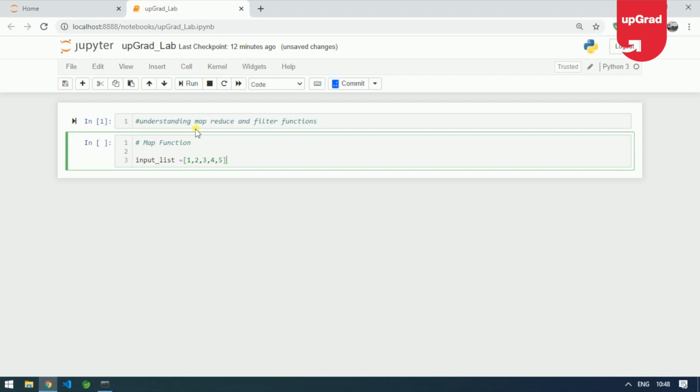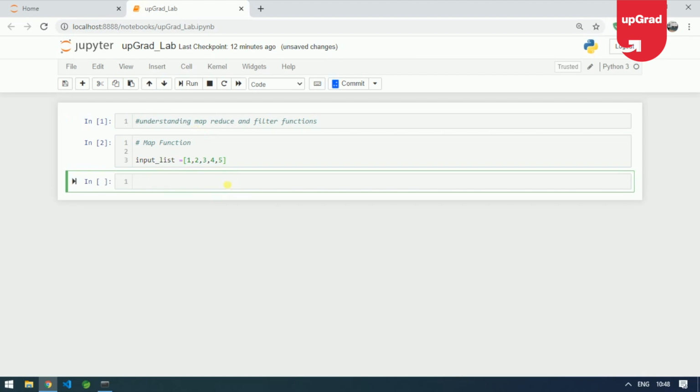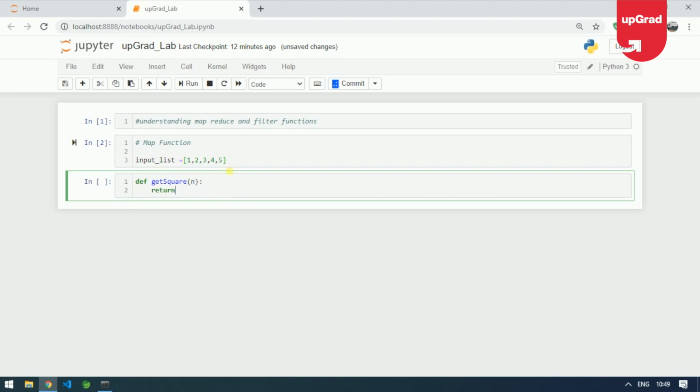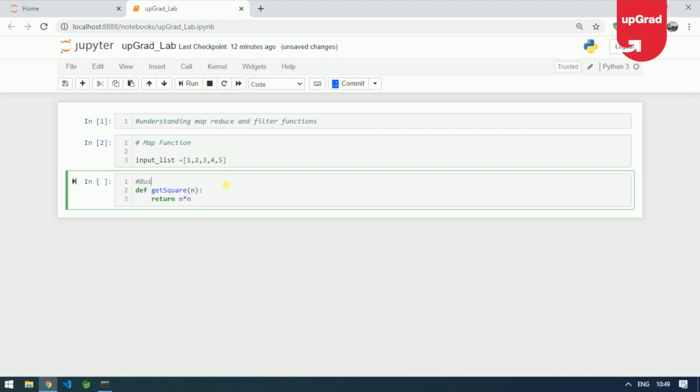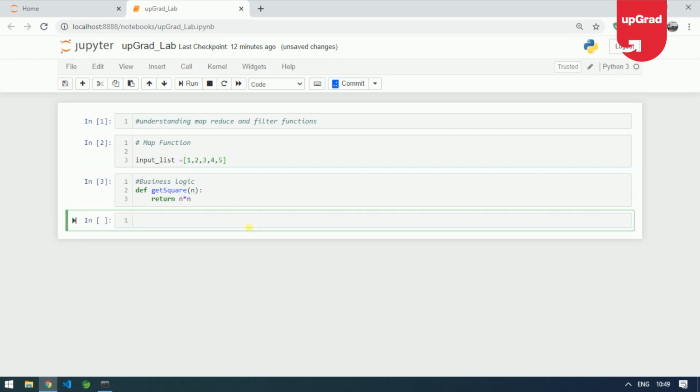Now the objective of this question is to calculate the square of each number in the list. How are we going to calculate the square of each number? For that, we'll be writing the business logic first of all. Let us look at the business logic that will help us in calculating the square of each number. For writing the business logic, we will declare a function here. Here you can see the business logic for calculating the square in the form of a function